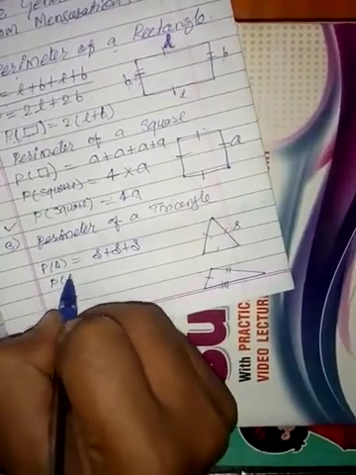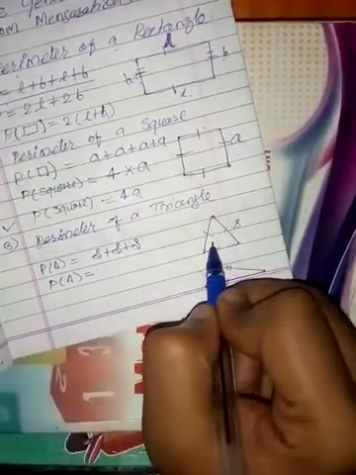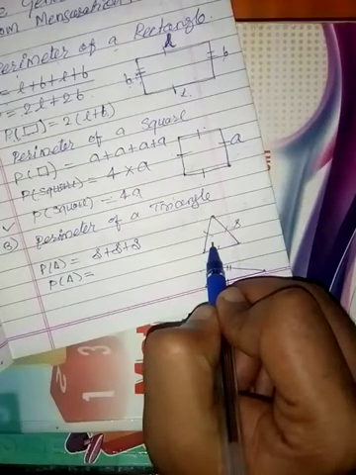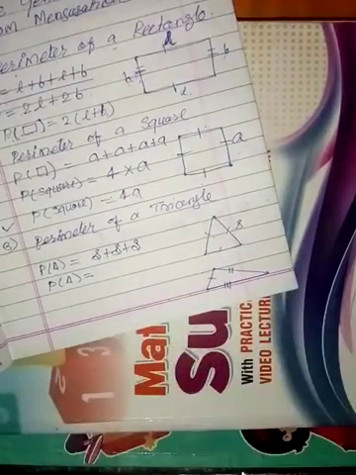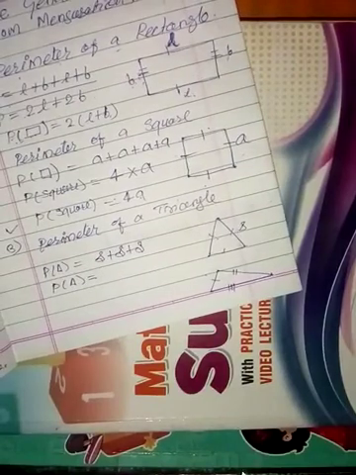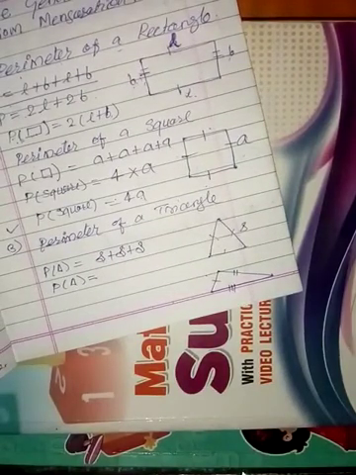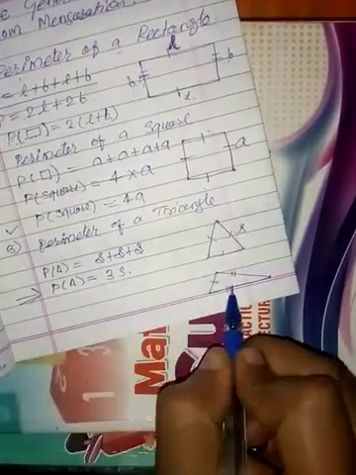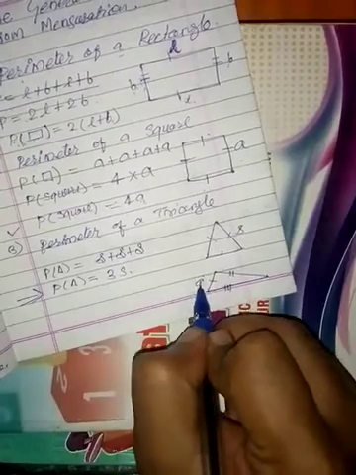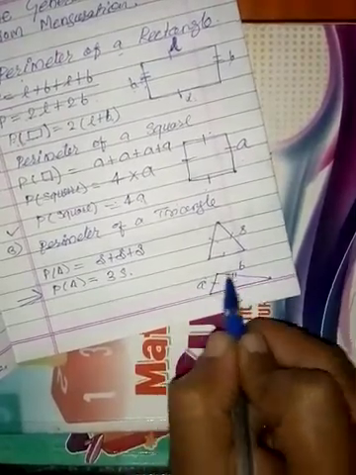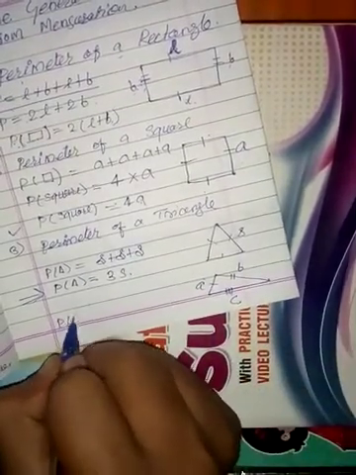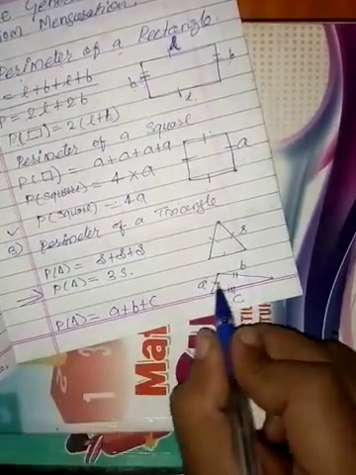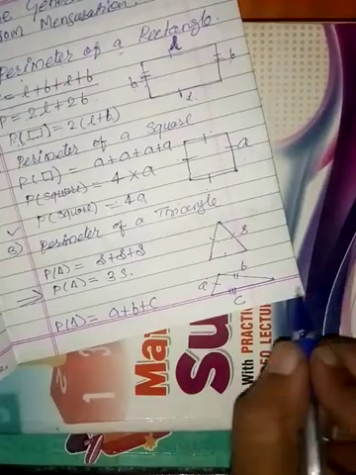So the perimeter of the triangle is equal to, on which triangle is it? Equilateral, not isosceles. It is equilateral, all sides are equal. So therefore 3 times s. This is one formula. Another is for this: if we consider this is a, this is b, and this is c, three sides are different. So the perimeter of the triangle is equal to a plus b plus c, because all sides are different. It is a scalene triangle.